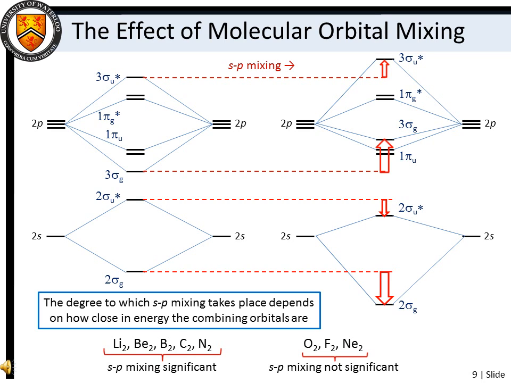As a result of the interaction between MOs of like symmetry, we see that the 2 sigma G orbital is shifted to lower relative energy, and the 3 sigma G MO is shifted to higher relative energy. The same is true for the sigma U bonding and antibonding MOs, but in this case the interaction energy is weaker owing to the larger energy difference between the combining MOs. Recalling that the extent to which the sigma MOs are shifted depends on how close the interacting pairs are energetically, which in turn depends on how close the AOs are energetically, it becomes apparent where the name SP mixing comes